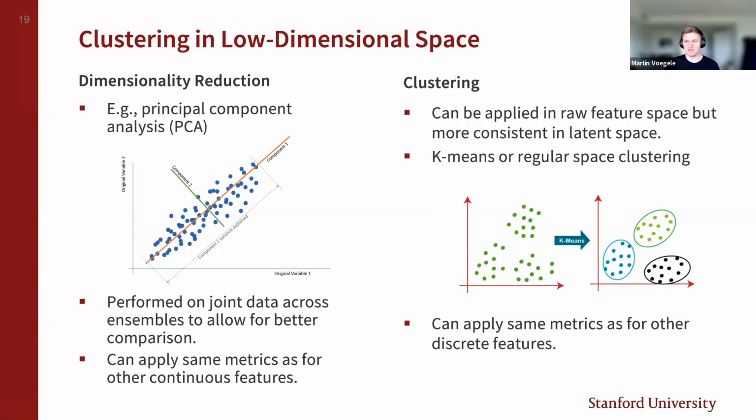And of course, you can plug in your own more sophisticated clustering methods if necessary. We can also run clustering in raw feature space, but usually we found that doesn't give many good clusters unless you have a small number of features already. For those clusters, we can then apply the same metrics as for all other discrete features. I'm going to talk about that in a bit,